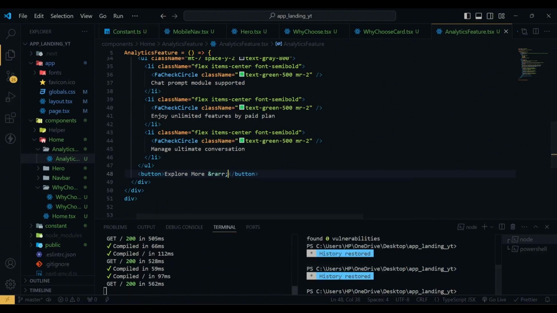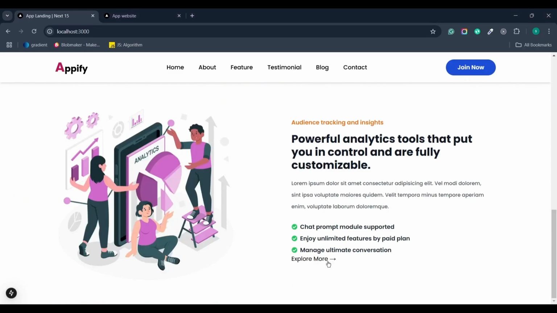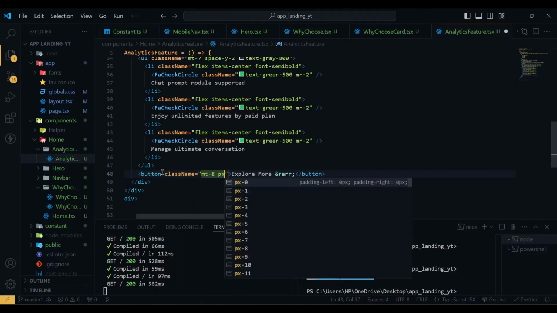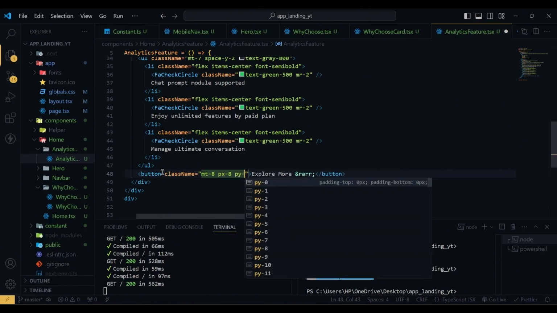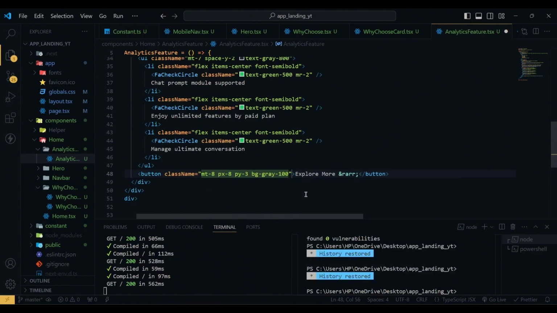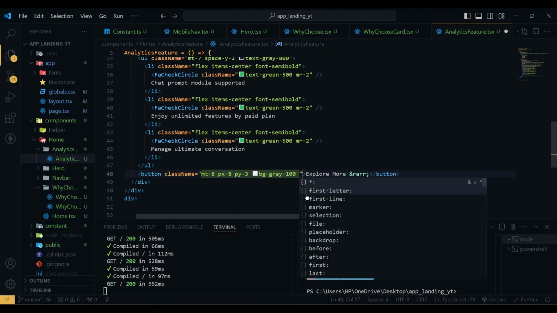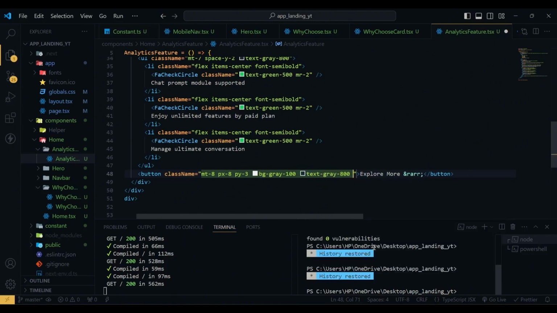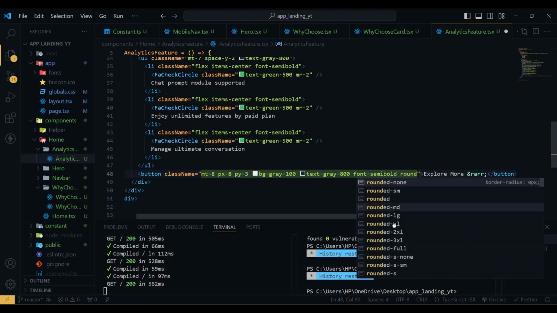If I hit save, here you can see we have this explore more with this arrow, and for the button we have a class name of margin top of 8, px will be 8, py will be 3, bg will be gray 100, then we have text gray of 800, then font will be semi bold, then we have rounded full,